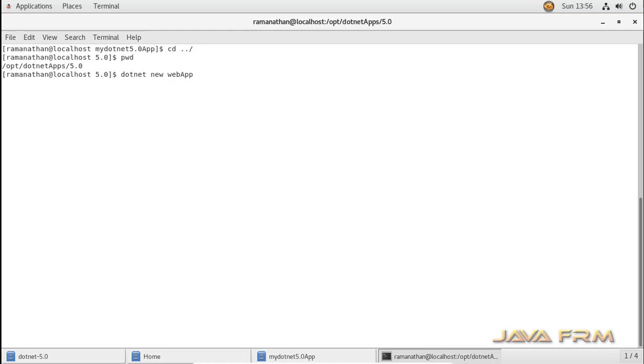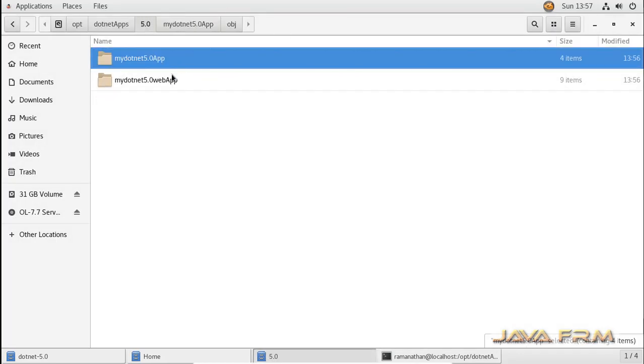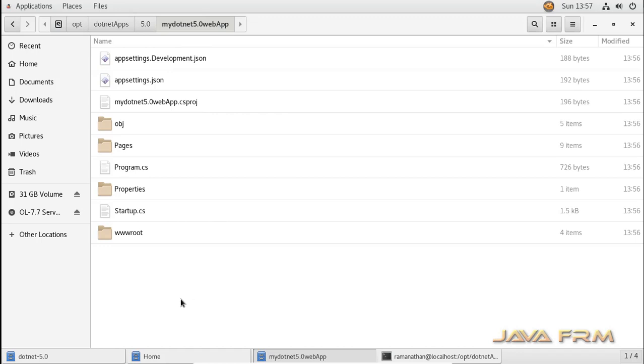Now coming back one directory, I am going to create an ASP.NET 5.0 web application. So this is the command used to create an ASP.NET web application: dotnet new webapp -o web application name, with the option --no-https. So no HTTPS means this web application can run without the HTTPS protocol. Yes, you can see that the web application is created. This is the directory structure of the ASP.NET web app for .NET 5.0.